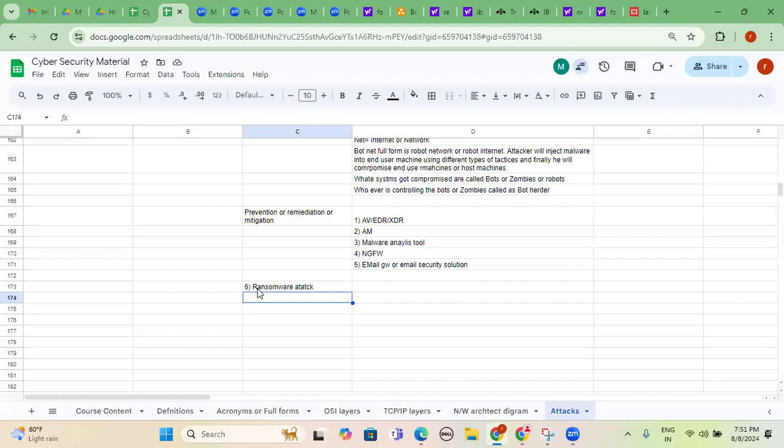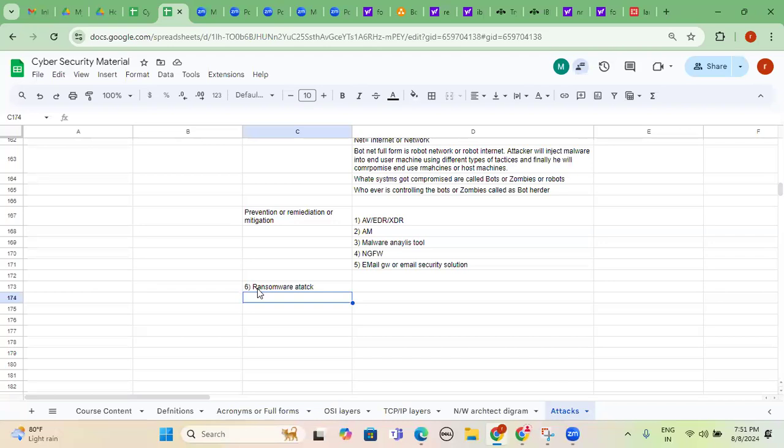In case whatever files or OS he encrypted, that may be the C drive or D drive, and any confidential or important data exists, what do we have to do now? Obviously we have to pay money if you don't maintain regular backups. So that is the reason to prevent and block malware attacks related to ransomware, we have to take regular incremental or differential backups at midnight, 12 o'clock, or based on whatever the company's backup policy defines, so that even though the attacker is encrypting one file, we already have a backup.